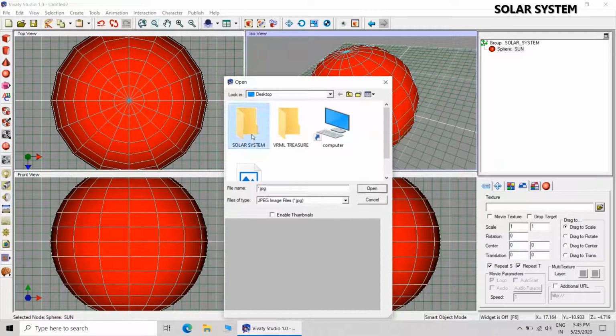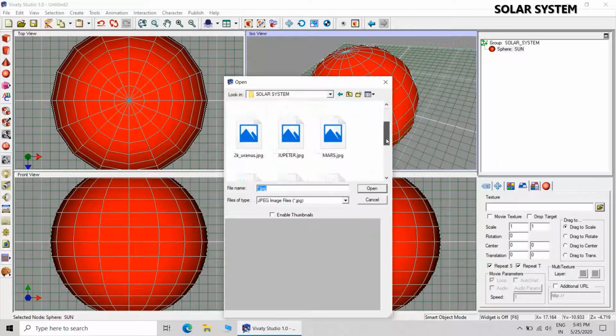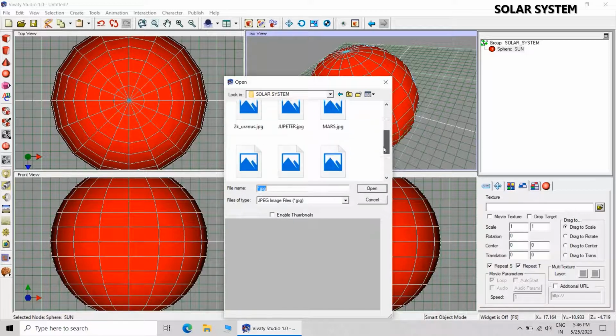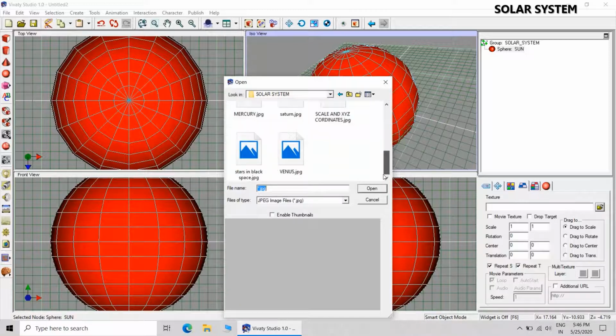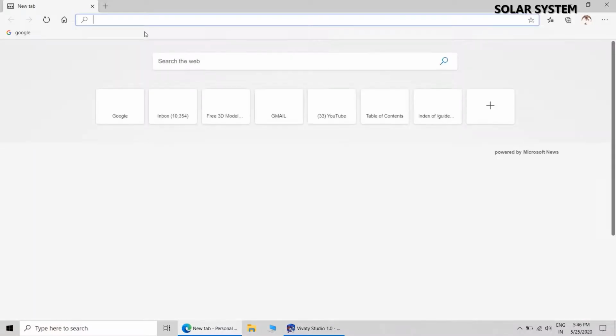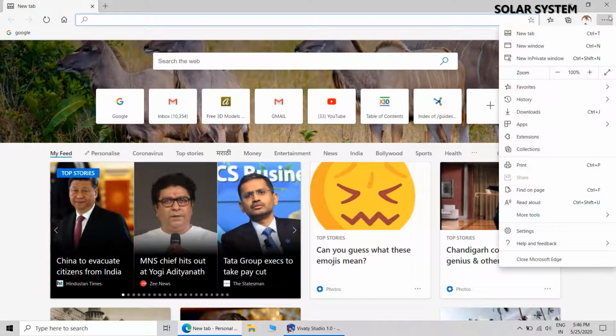Now I have already downloaded the texture map for various planets from the internet. You can also similarly download whatever texture maps are required. They are available on many websites, because textures are very easily available on the internet.